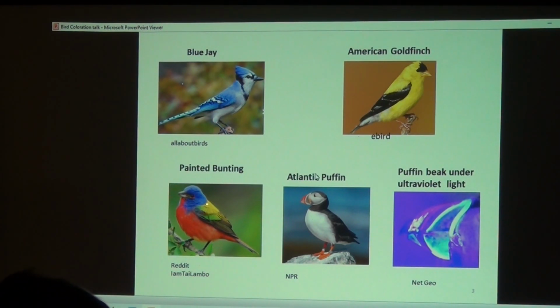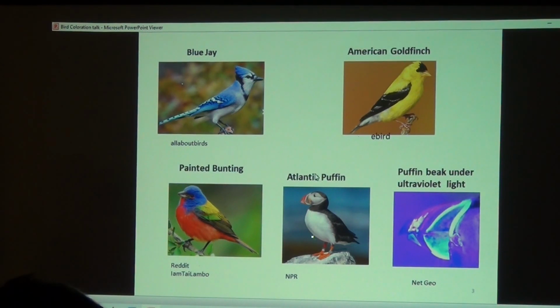This is arguably one of our most colorful birds. I know some of you have seen this in Cape May, but it's typically found further south in Florida and south central U.S. It pretty much represents all the colors that we would see in birds in general. But notice one thing, it has a red eye ring. And this is very helpful to birders, the eye rings and eye colors for IDing birds. And a little later on, I'll have a slide on eye rings and eye color.